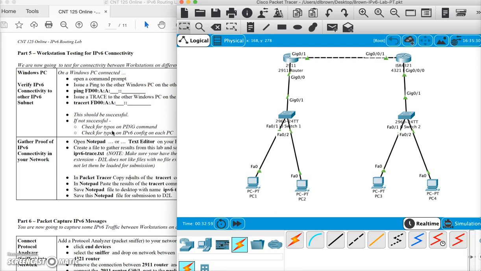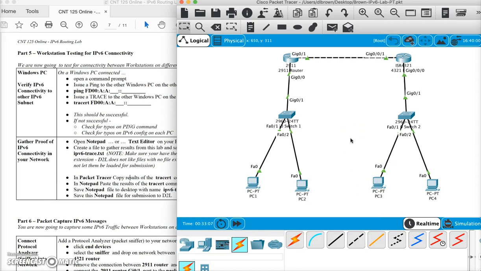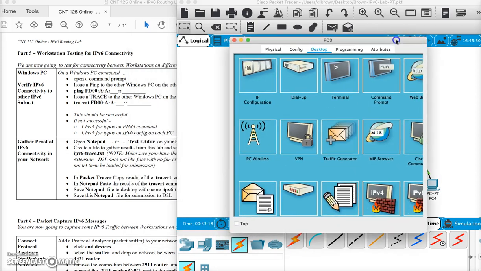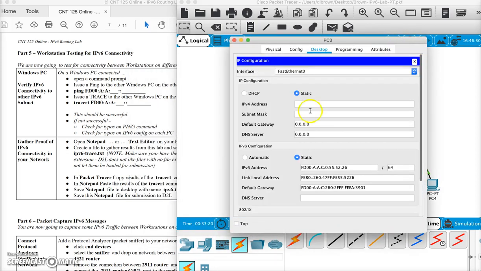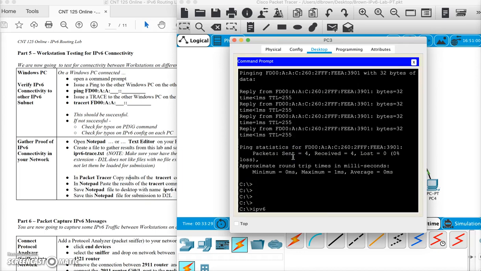So to start off with, we're just going to do a ping between a workstation here and a workstation over here. And then we'll run a trace. If everything we did to this point is correct, this should work like a champ. So just so I don't have to type all these long addresses in, I'm going to pull up the IP address of PC3 over here. I can either go here and copy it, just don't goof it up, don't delete it or anything, or I can do a command prompt and I can do an IP version 6 config